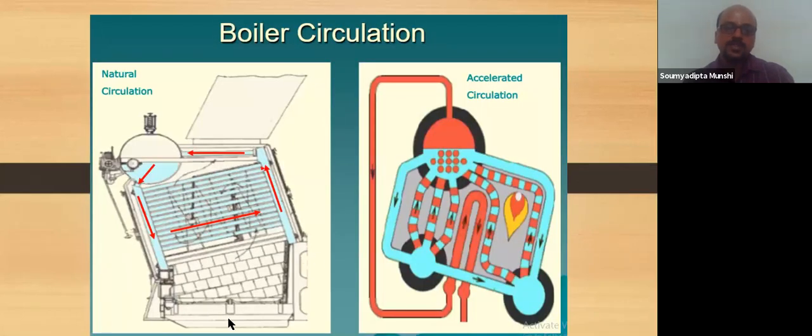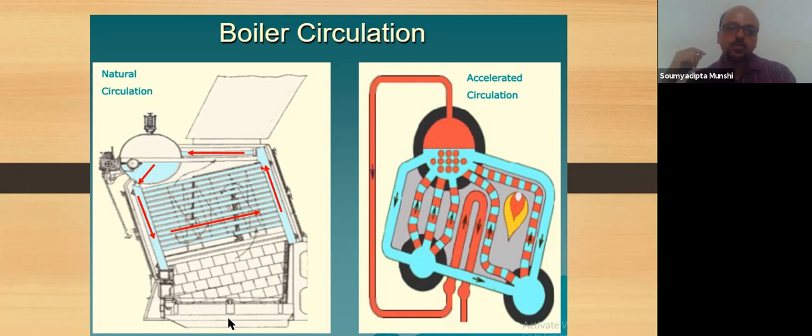So what is the natural circulation system? Water delivered to a steam generator from the feed heaters is at some temperature well below the saturation value corresponding to the pressure. That means the water is delivered, because we get the steam from the water and then we use that steam. So the basic thing which we deliver is the water.